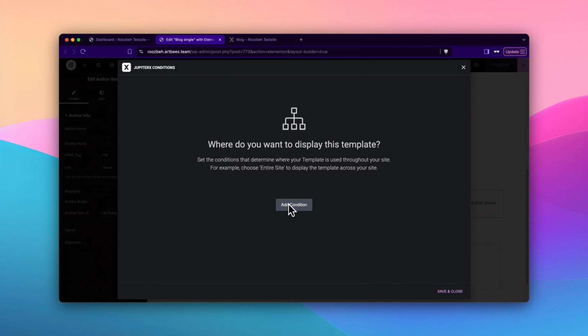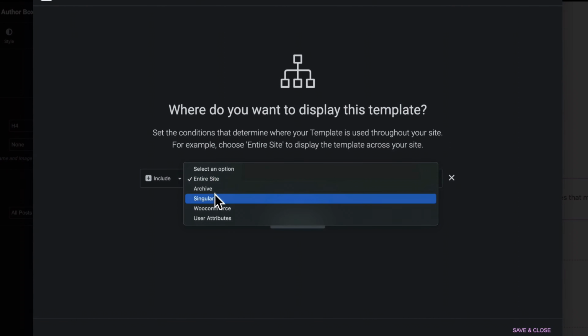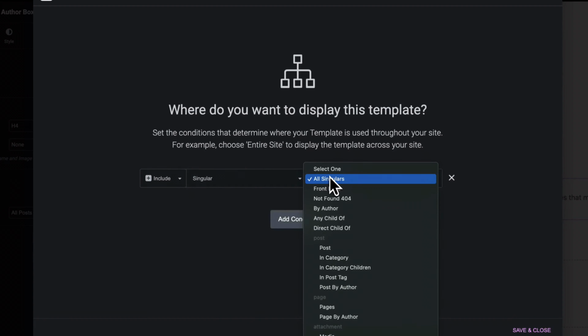Now let's click Add Condition to define where this template will be used throughout the site. Next, I'll click on the drop-down menu and select Singular to specify that this template applies to single posts. Next, let's select Post, so the template applies to all blog posts.